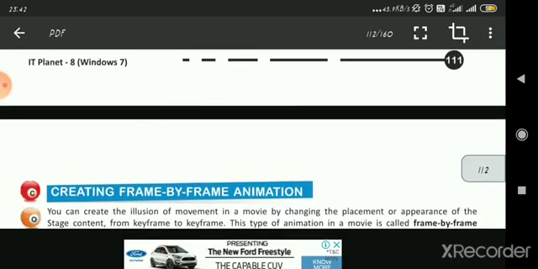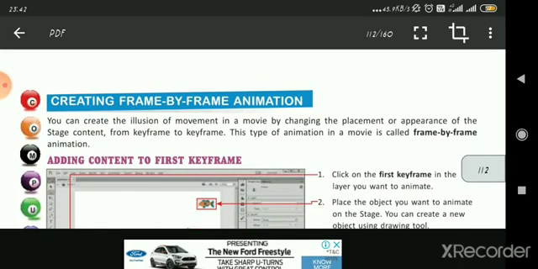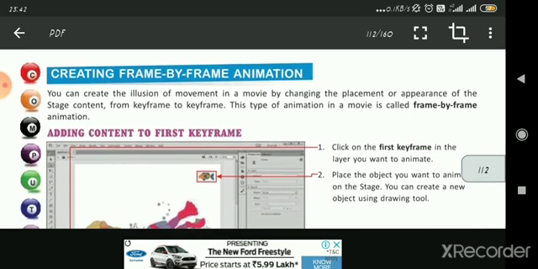Okay, now next topic is creating frame by frame animation. Okay, means you are having one frame, then again a frame, means one by one how you will create an animation on the frame. So you can create the illusion of movement in a movie by changing the placement or appearance of the stage content. Okay, so what happens? It's just an illusion that we see that a movie is running continuously.